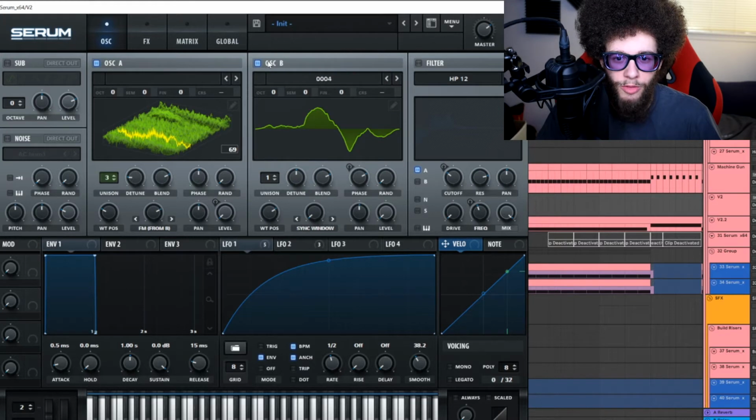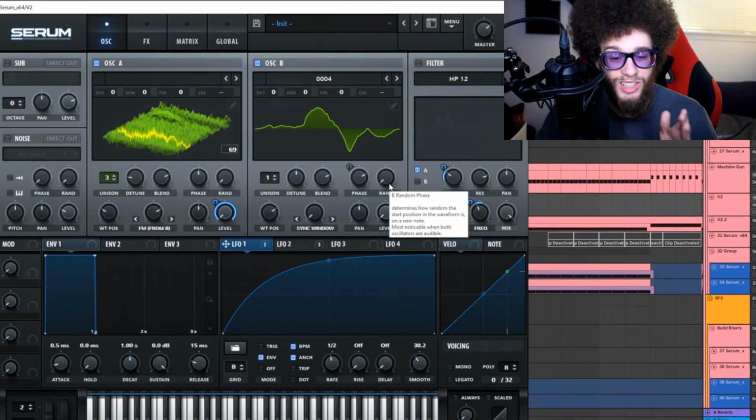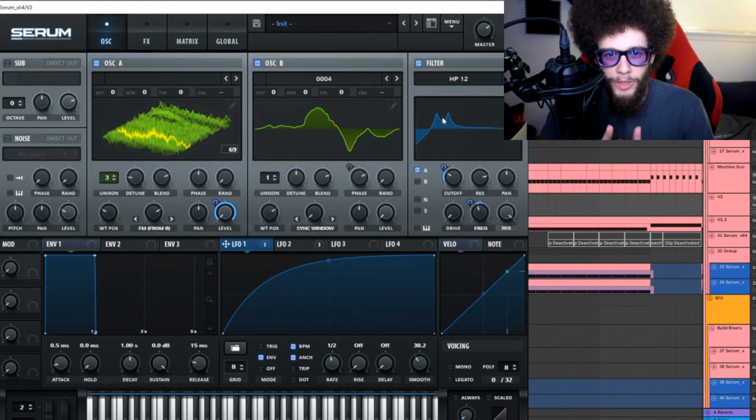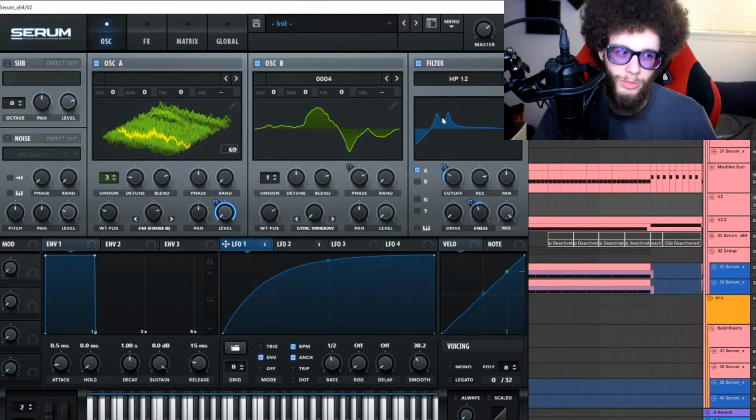Then we go ahead and FM that from this guy, and I've turned the random all the way down because I don't want it going anywhere. I want it to sound the same consistently. We're going to go ahead and turn this filter on. Two peaks moving away from each other, classic vowel sound. I knew that I wanted a growl to go with the machine gun, so